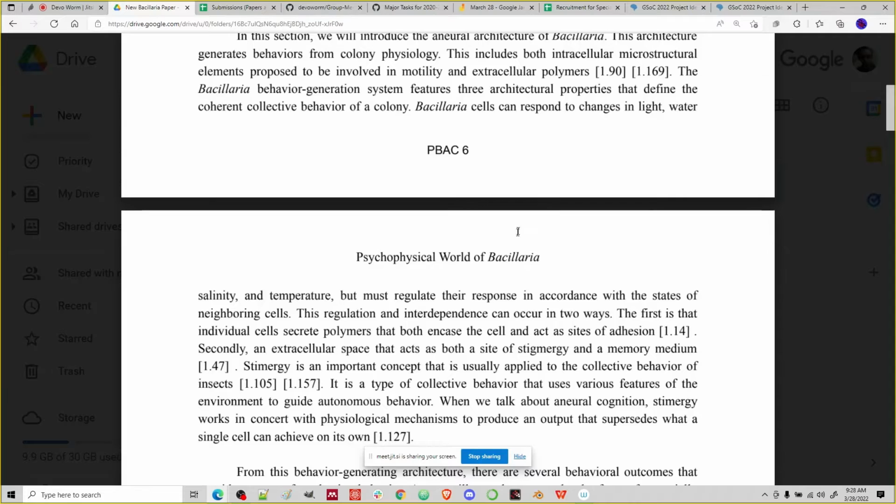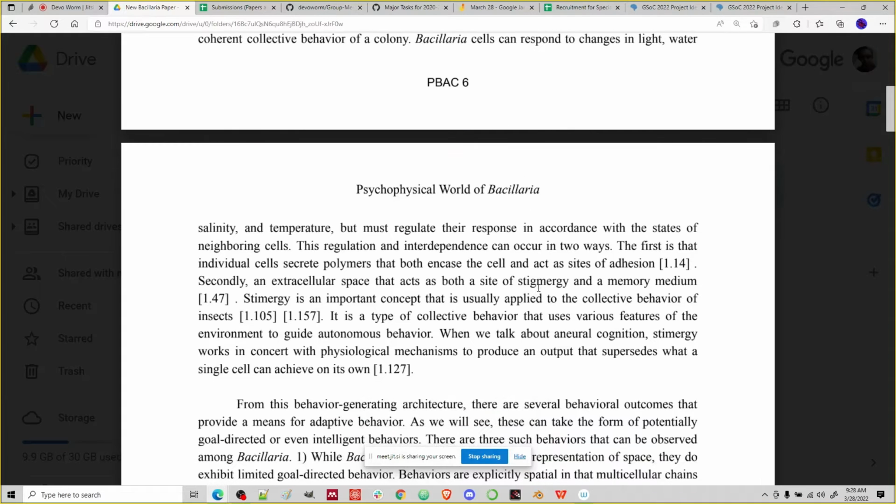But a lot of them also have to live in these colonies, and they have to communicate with neighboring cells. That's where it gets interesting, because they do this collective behavior where they're coordinating their behavior with their neighbors. There's a lot of cell-to-cell signaling, which I didn't think there was much in the literature on, but